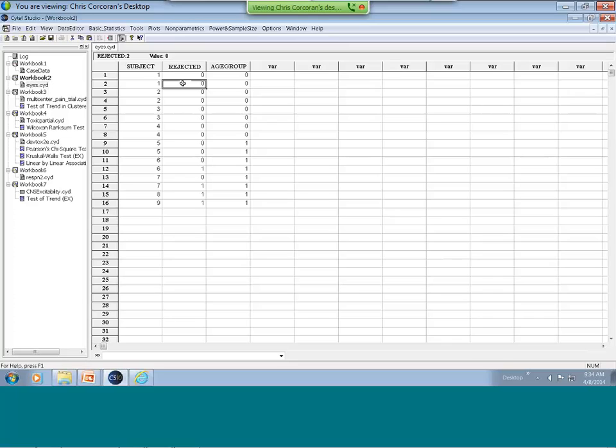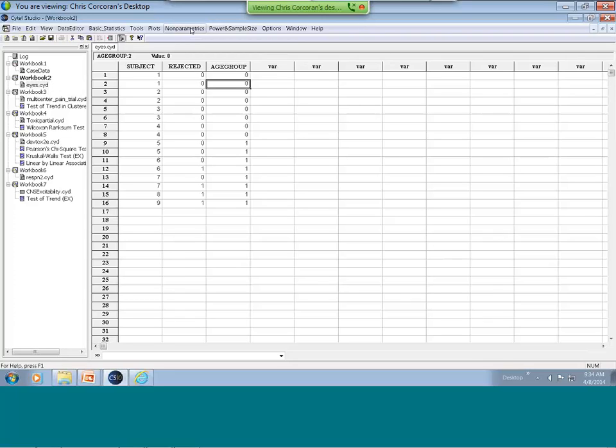So that's going to be 0 if it was not rejected and 1 if it was. And then the last variable for each eye tells us which age group the corresponding child was in. So these first 8 eyes correspond to the first 4 children who are all younger than 3. Okay. Now here, just to illustrate, some of these results I've already computed because for a few of these examples